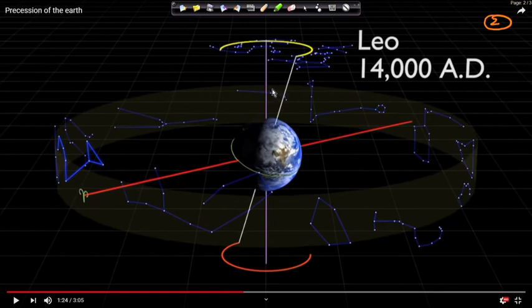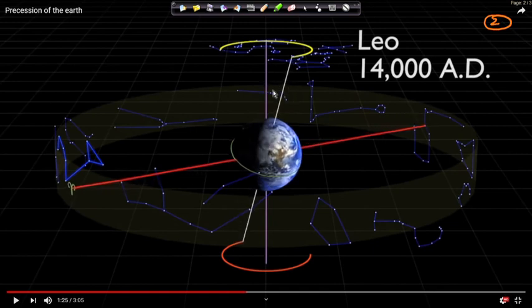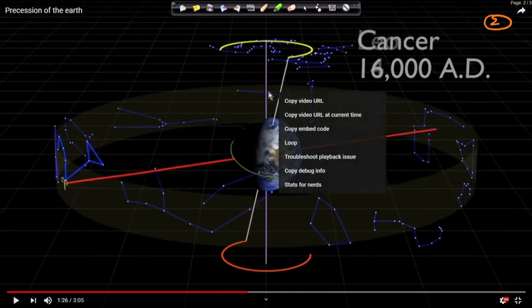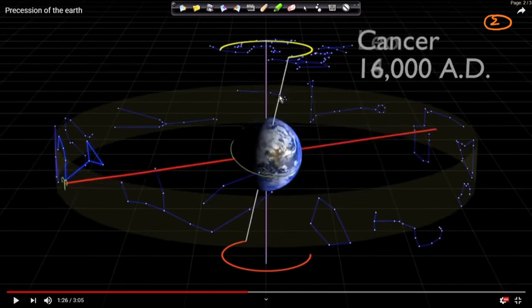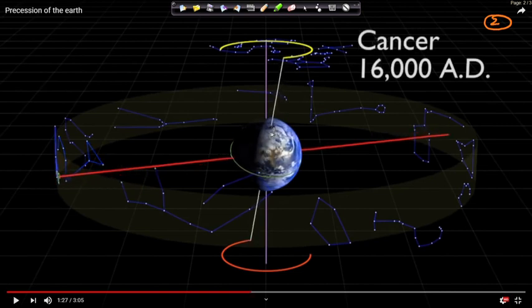The angle between the earth's axis and this line is roughly 23.5 degrees on average. Because of the nutation it keeps changing; it keeps oscillating about 23.5 degrees. And this is the north pole of the earth.